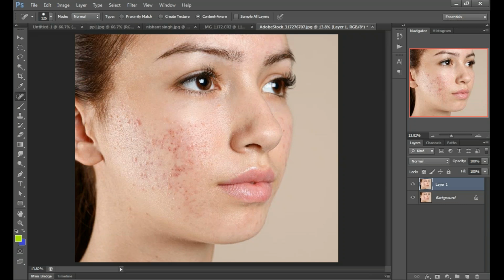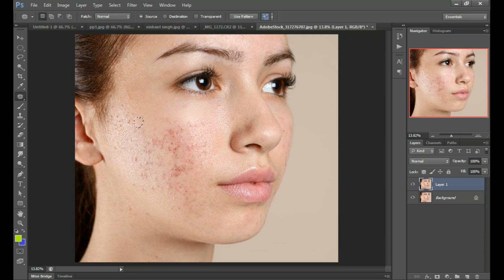What about the patch tool, Nishant? Will it work for this? Patch can work also. Actually, as I told you, there are too many ways to do that. We can do the same work in Photoshop with so many tools, like selecting this tool and moving that selection to any fresh skin.